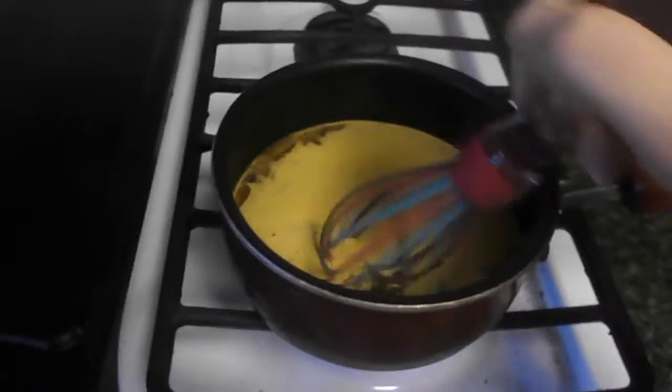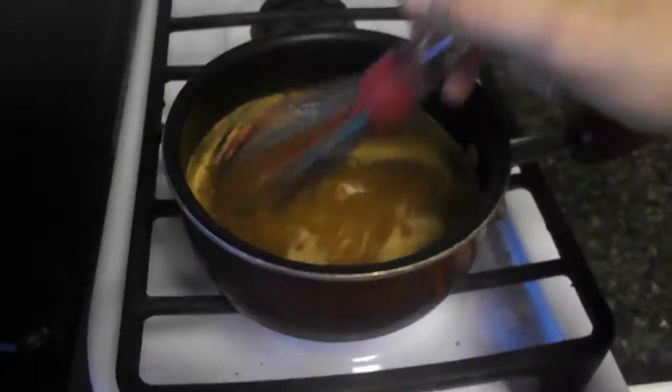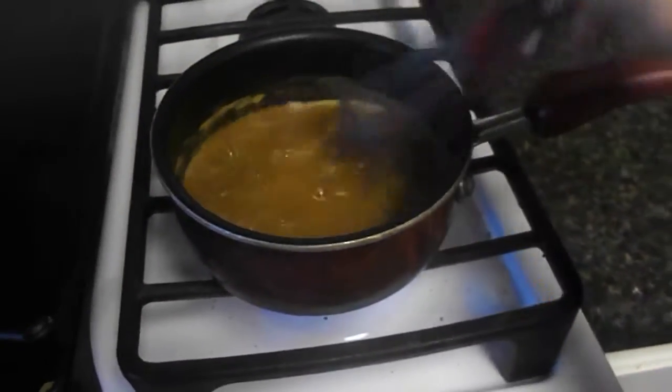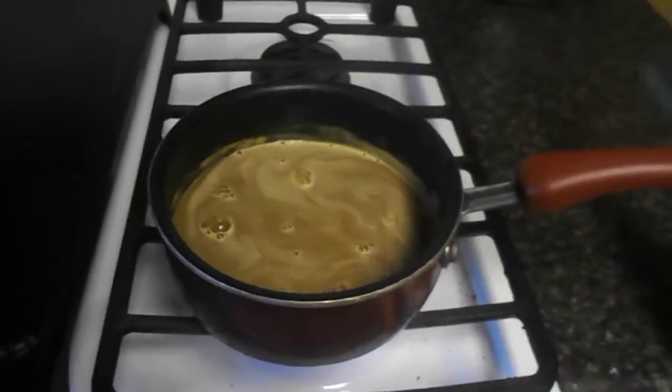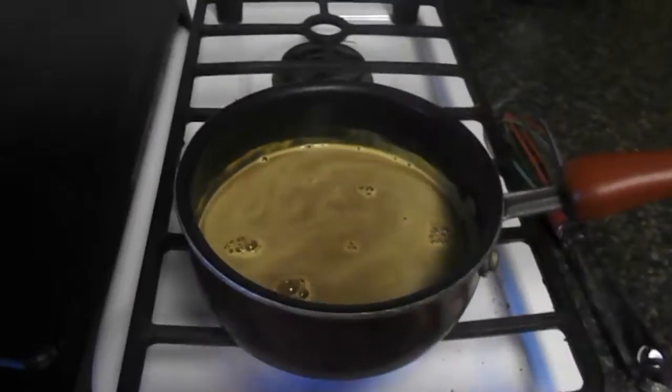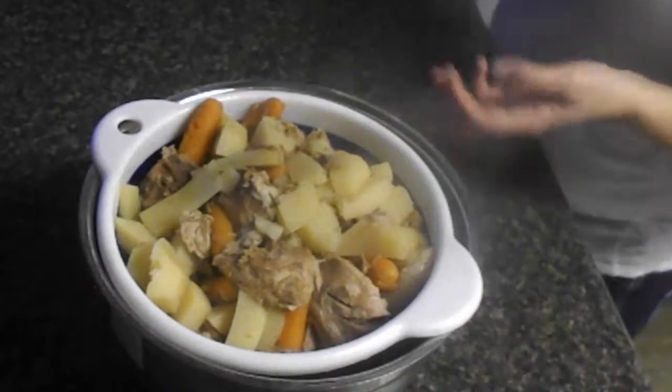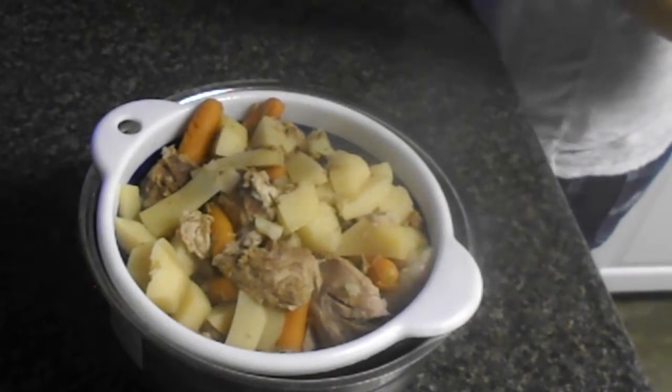So here we go. We have 1 cup of water and 1 packet of brown gravy mix, and you just whisk it in and turn it on high and bring it to a boil. Once it begins to boil, turn it down to low and let it simmer, and then you're ready to go. Simmer for 1 minute. Here I have poured off the roast